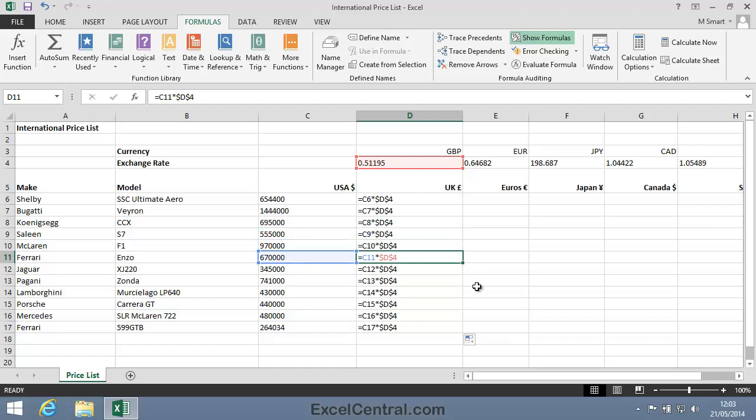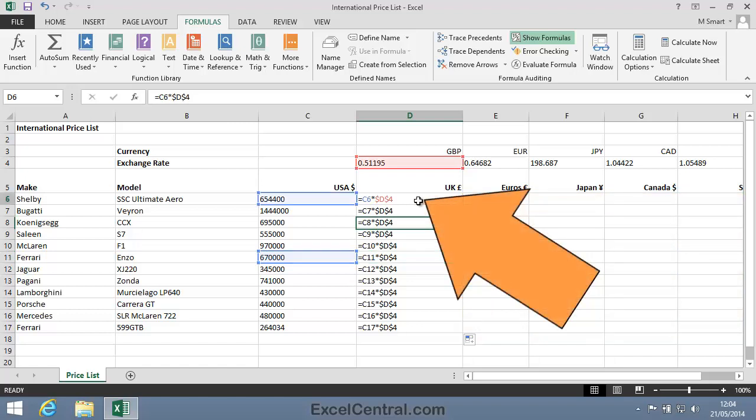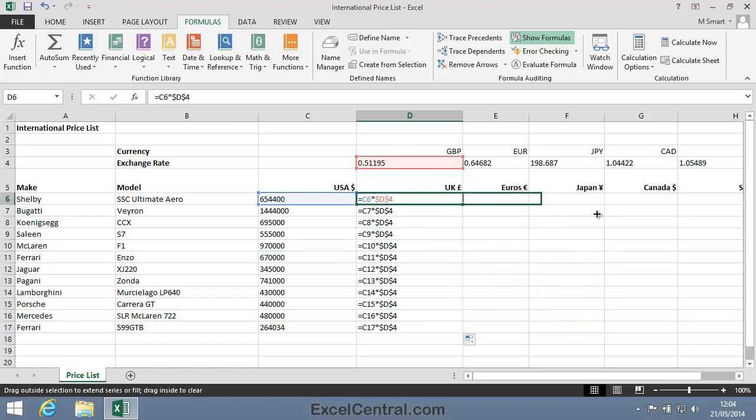Now you might think that this is exactly the problem that you solved in lesson 312, and of course it is. And if all you were interested in was the GBP prices, then you wouldn't need mixed references. But we want to calculate the price in the Euro, Japanese yen, Canadian dollar and Swiss franc. Let's see what happens when I click on cell D6 and autofill that formula across the range.